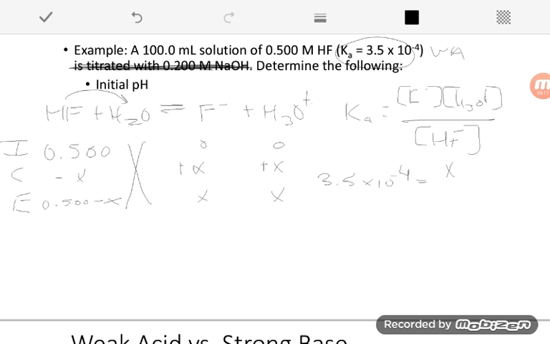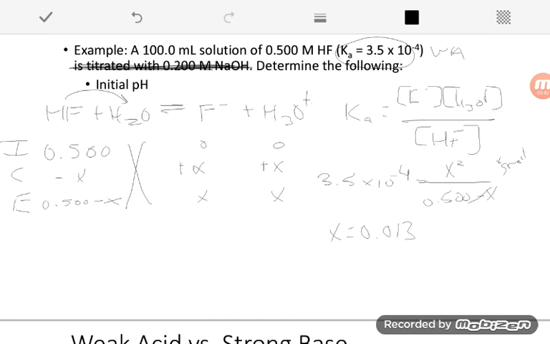And this is going to turn into x squared over 0.5 minus x. Now I make a little note that x is small, so I can ignore it right here. And now this just becomes a simple algebra problem. I multiply both sides by the 0.5 to move it over, and I square root that guy. So ultimately I find that x is equal to